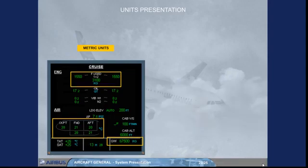Because these indications are only mentioned in a few areas of the ground school course, we will use blue boxes to indicate that the units may differ depending on the choice of your airline. The green boxes mean that the information in this area of the screen is not mandatory to be shown for the related studied system. Of course, when the air conditioning or the fuel system is being studied, the appropriate unit